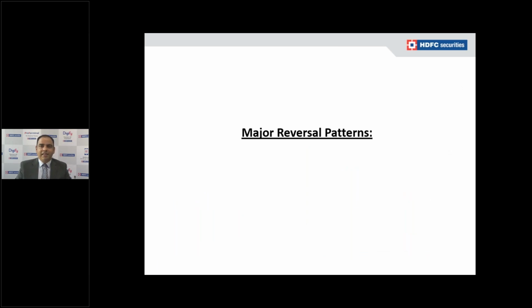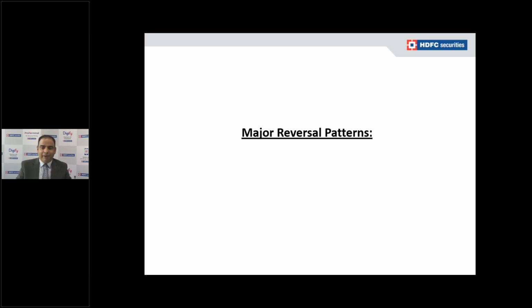Friends, we have discussed the uptrend continuations, the one-side continuation patterns. Uptrend or downtrend continuation means trend continuation patterns we have discussed. The only thing is that in the trend continuation patterns, as I told you repeatedly, you have to wait till the completion of that continuation consolidation pattern. We have discussed the triangle, the rectangle, and some pennants and flags. Once it completes, you have to act on it.